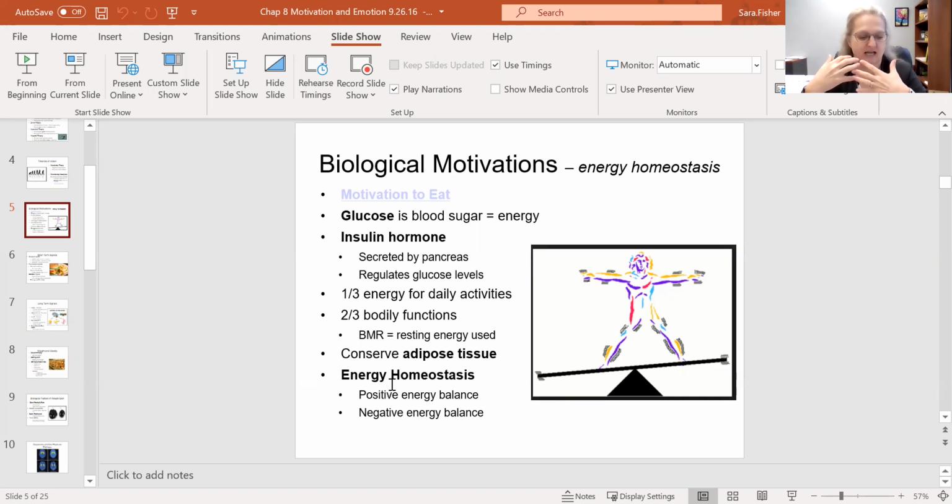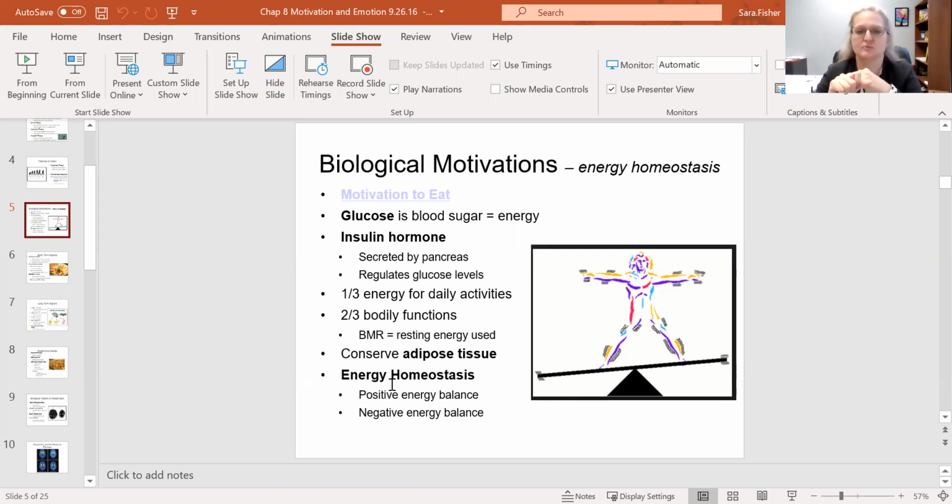I often like to ask classes, or think about, where can you go where food is not? And probably everywhere you go, somewhere in that building, somewhere in that structure, there is food, not very far away. It may be in the teacher's lounge, but there is food. And then negative energy balance is when you don't have enough calories or nourishment to balance out what you're burning. And that's when you lose weight, when you have a negative balance.